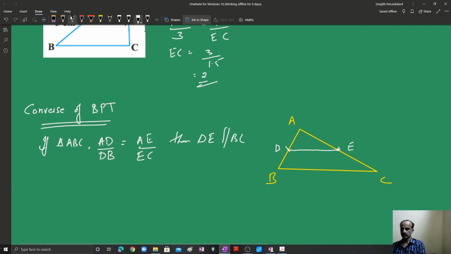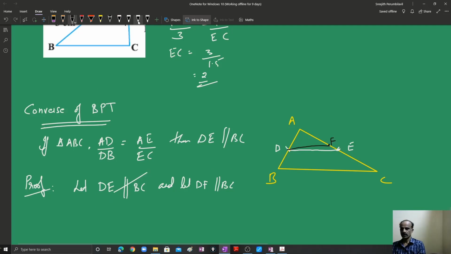So what we do is the proof part. You remember how you proved root 2 is irrational? Remember chapter 1, the method of contradiction. Similarly, we will take a similar approach here. We take the converse: let DE be not parallel to BC, and let DF be parallel to BC. DF, not DE, is parallel, suppose.